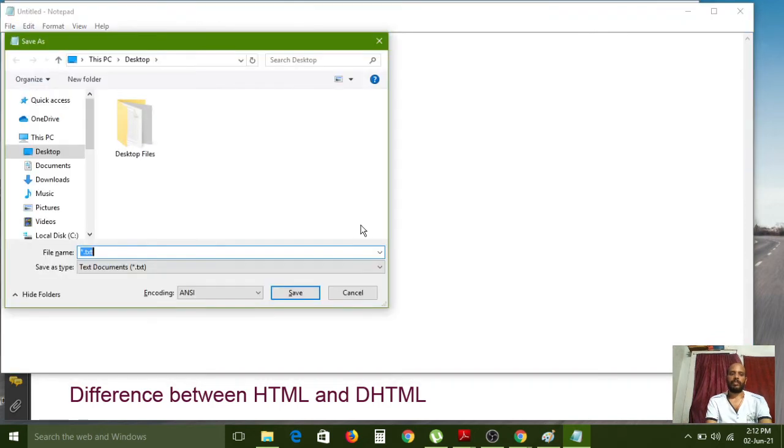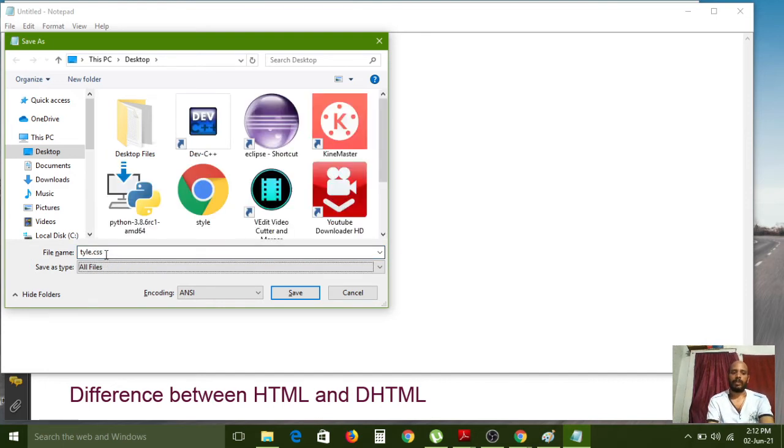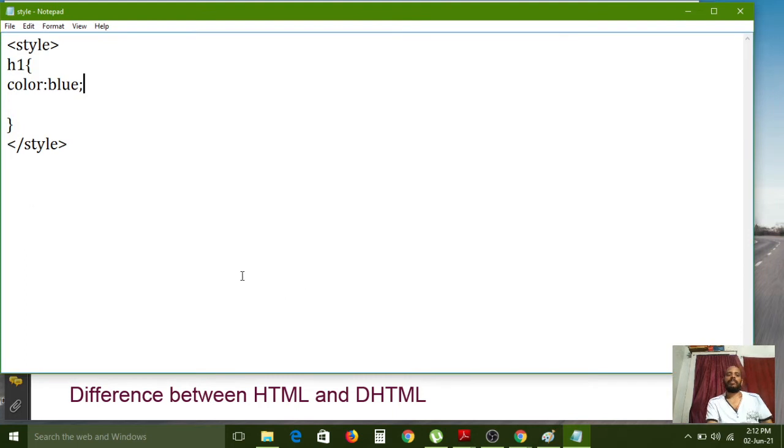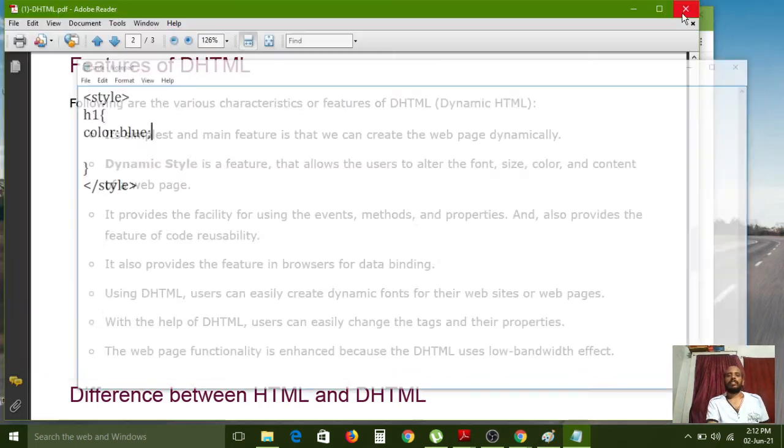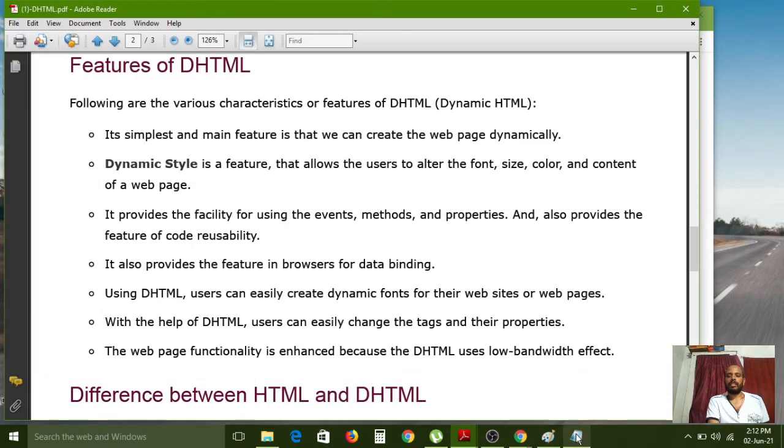Now I am saving this with the extension .css, because this is a style sheet. Here I have applied one style for the h1 tag.